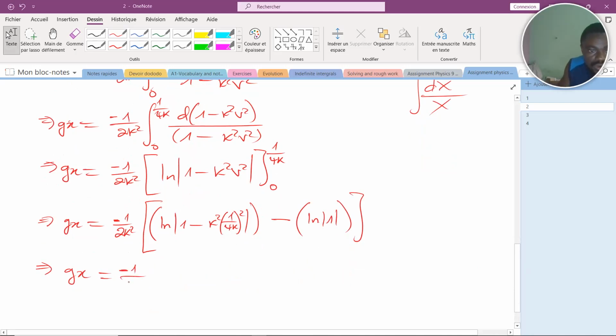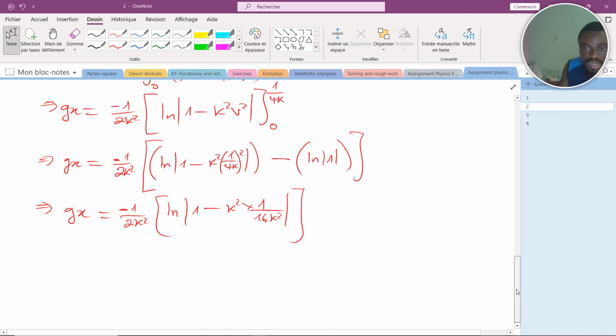Minus 1 on 2k squared into ln of the absolute value of 1 minus k squared times 1 all over 16k squared. Ln of 1 is 0, so we're only left with this. So this k squared will go with this k squared. So we shall be left with